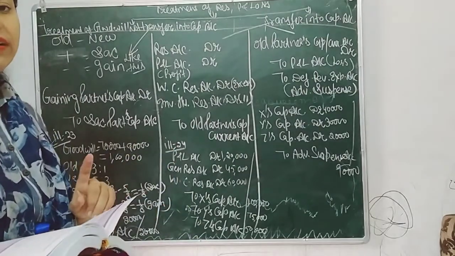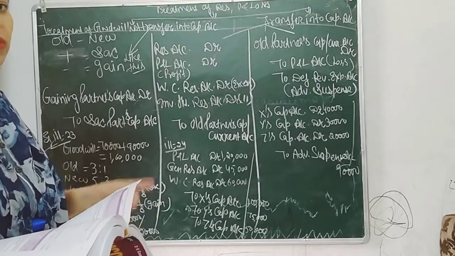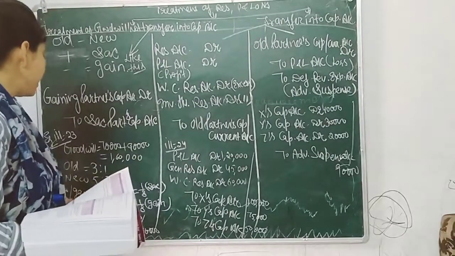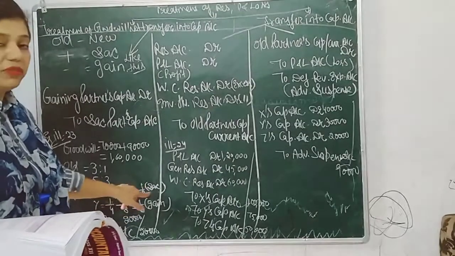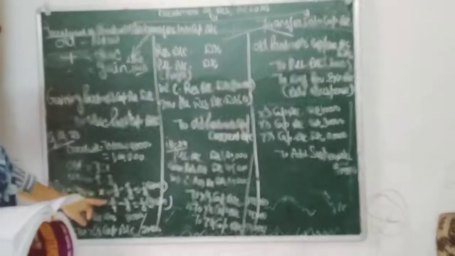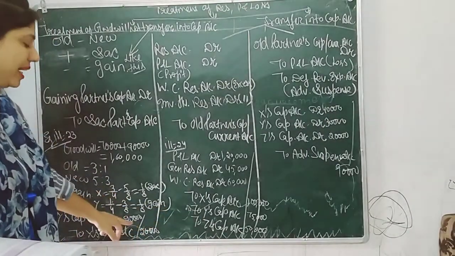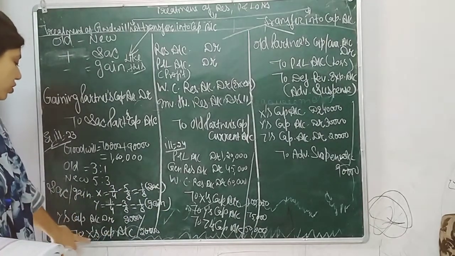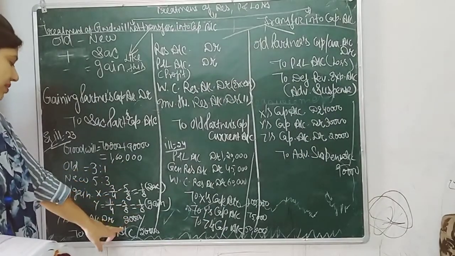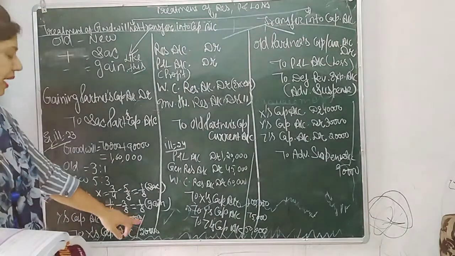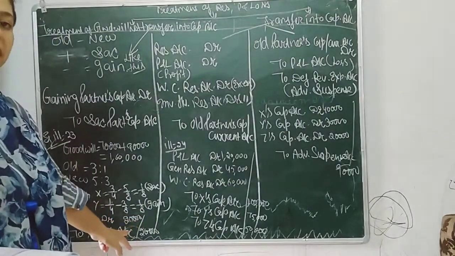As I told you, in case of change in ratio, that means when old and new are given, we have to calculate sacrifice and gain. So sacrifice and gain: X, old minus new, 3 by 4 minus 5 by 8, 1 by 8 positive, so it will become sacrifice. Y, 1 by 4 minus 3 by 8, 1 by 8 negative, so it is called gain. So what will be the entry? Y's capital account debit to X's capital account, with which amount? 1,60,000 multiplied by 1 by 8, that means 20,000. That means goodwill is multiplied with sacrifice and gain.